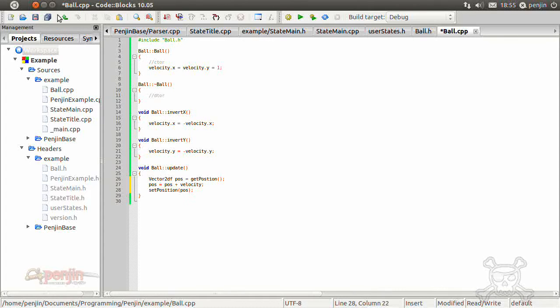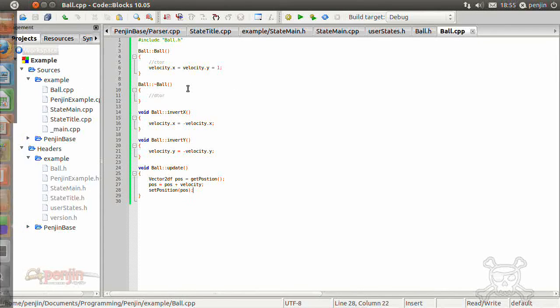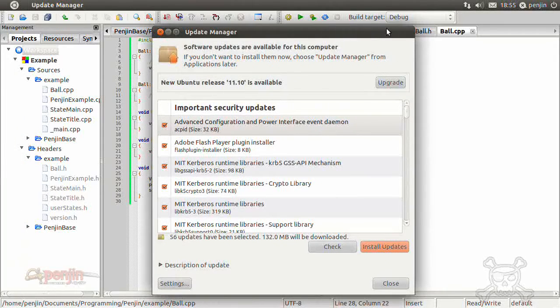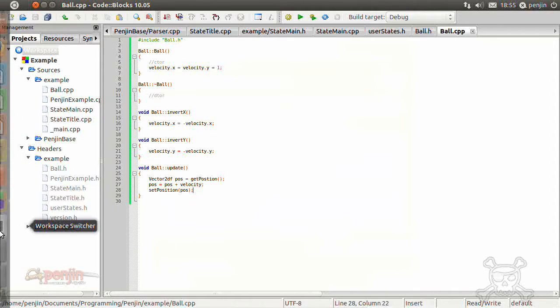Right, so that should get us a ball bouncing on the screen, but you're probably thinking, well, we've got nothing to display on the screen because we've not loaded any images. You're right, so we need to create a simple ball image. Again, I'll not show you the full process, but if you go to your update, no, we don't go to the update manager, sorry. If you go to Synaptic,